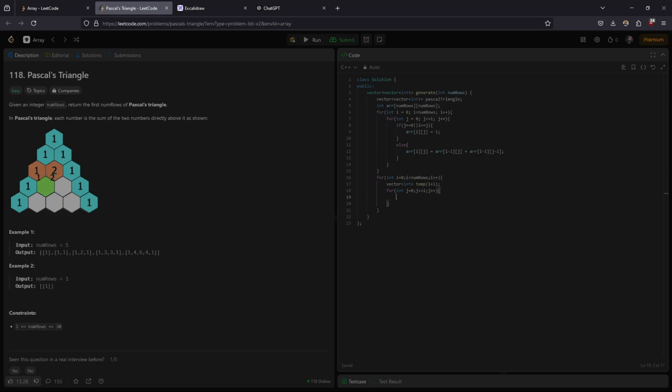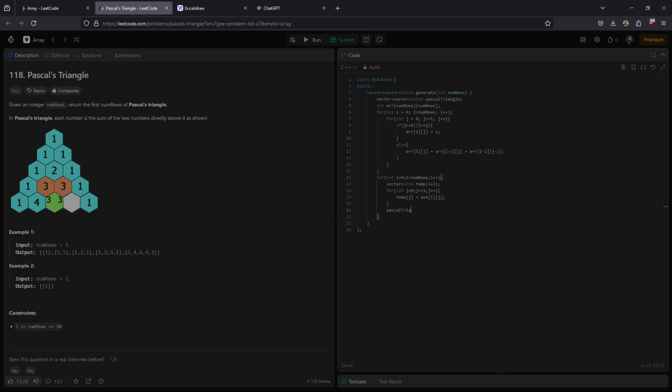And what we have to do right here is we have to use temp[j] equals array[i][j]. By doing so, we are assigning value to this vector, and after this is completed, what we can do is